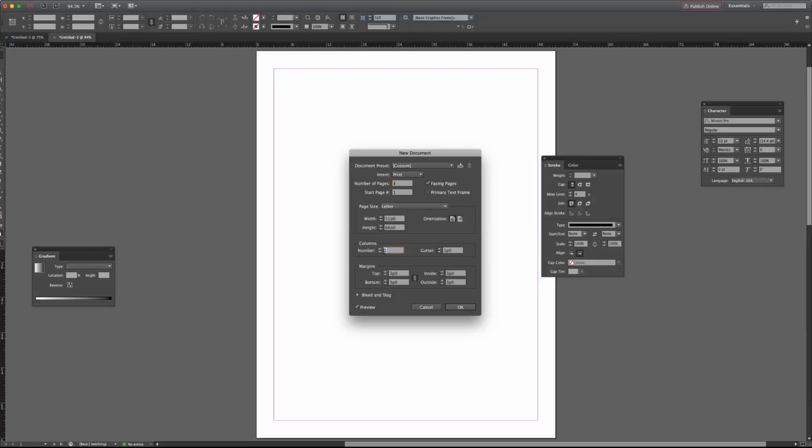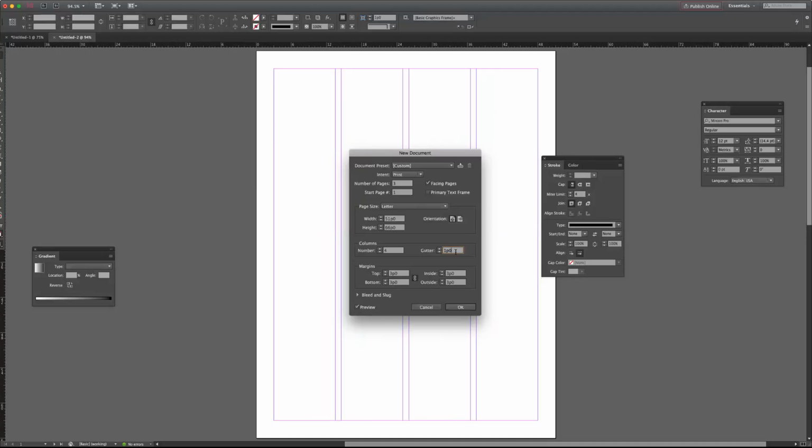I like a 3-column grid. I think it's pretty standard. You can increase your grid sizes or your column sizes. The more columns you have, the less text you need to fill space. So if your article's on the shorter side, then you can kind of up your grids. And as you see me change it, it changes on the screen. But the narrower they become, the harder it is to read and create a really good alignment. So maybe four columns would be a good start. And then your gutter, you want it to be about 1 pica, a 1 pica difference between your columns. That's just that white space between it.